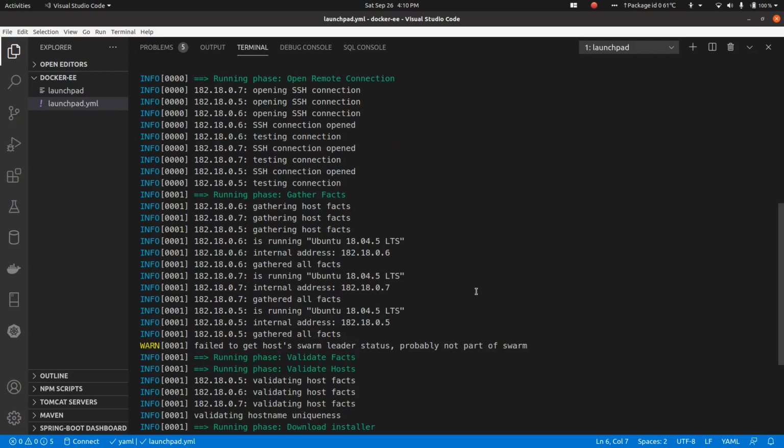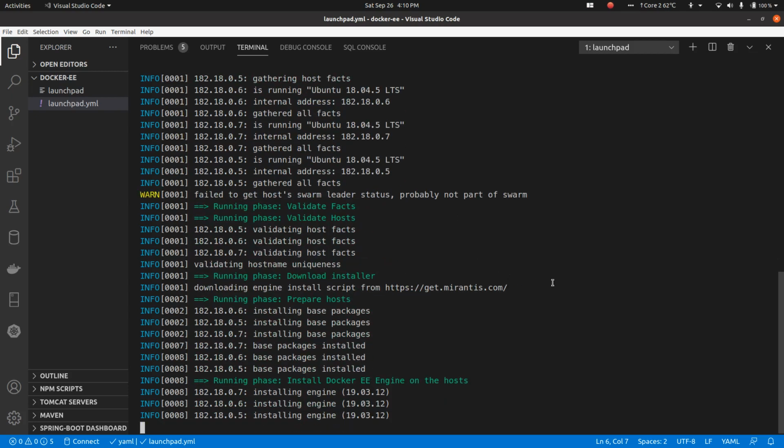I'm planning to upload all 3 VMs. I will share the VMs probably in a Google or OneDrive link, and along with that I will also share the SSH key pair and this configuration file, so that if you want to try this on your own system, you should be able to do it easily. You just need to have VirtualBox installed on your machine, and your machine should have internet connectivity.